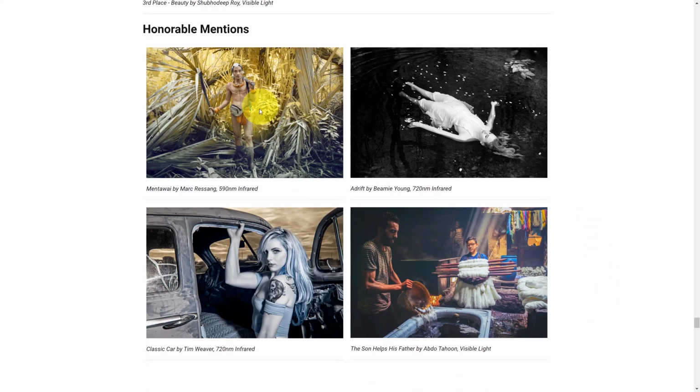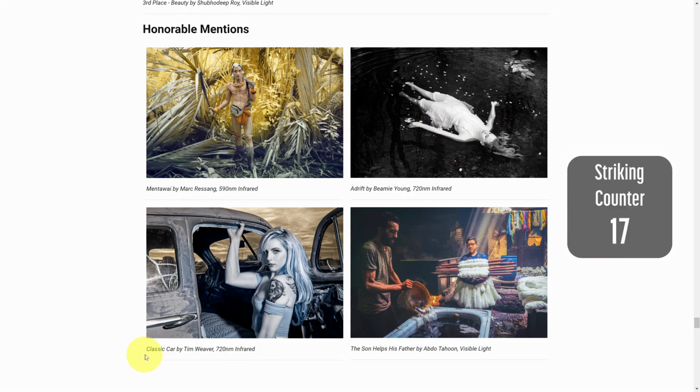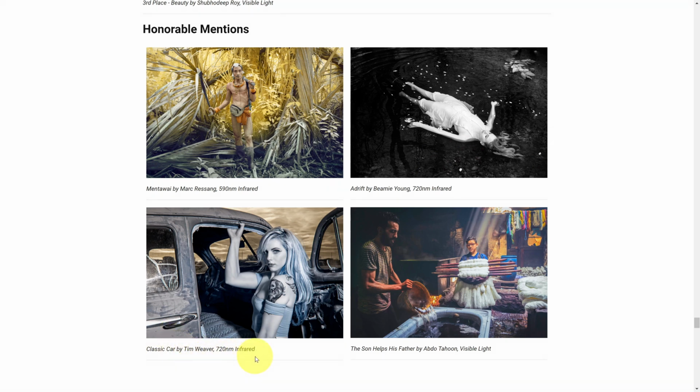So we have an infrared shot down here on the left, and then a 720 nanometer shot. So that's going to be a little bit of color converted to black and white, which is definitely very striking for this image. Down here on the left, we've got a 720 nanometer shot. I will say that if you ever said the words to me, infrared and tattoo, then Tim Weaver's going to